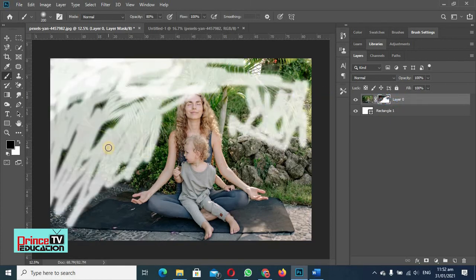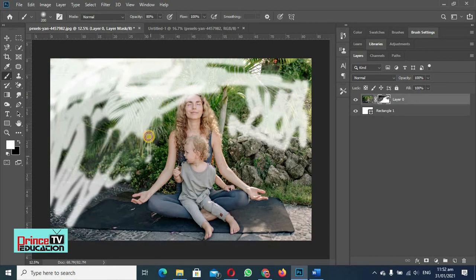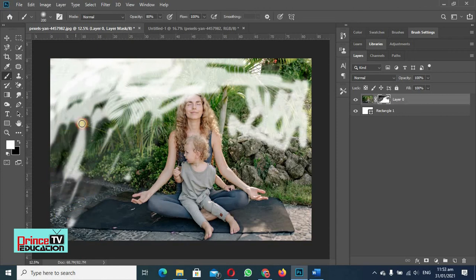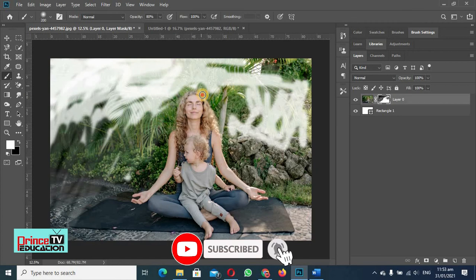So what else can we do? We can just switch the colors to the opposite, and then if we apply the brush, the mask which we applied will be removed from it. So in both ways we can remove or reverse the applied mask from where we want. Like if we want to remove it from here, we can just remove it from here.